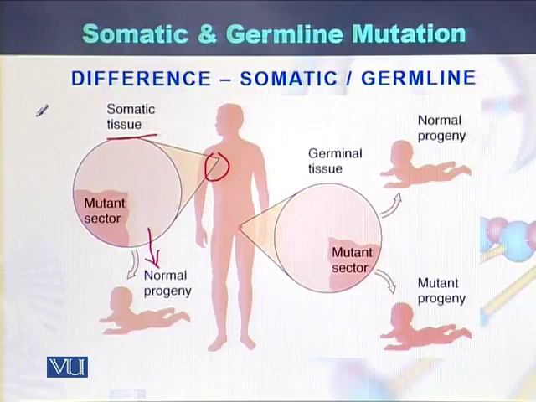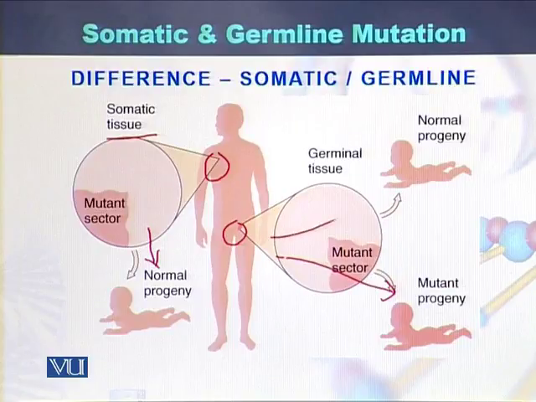While on the other hand, germline mutation occurs in the sex cells. So these are the sex cells. These kinds of mutations transfer from one generation to the next generation, but it depends on the type of the allele. If the allele is mutated, then the progeny would be mutated, while if the allele which is normal in function is transferred from the parents to the offspring,